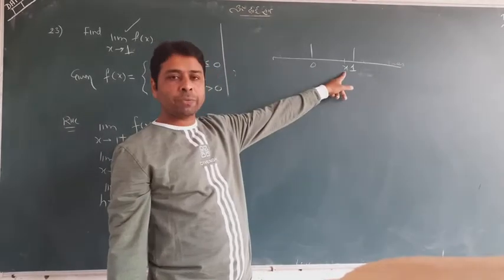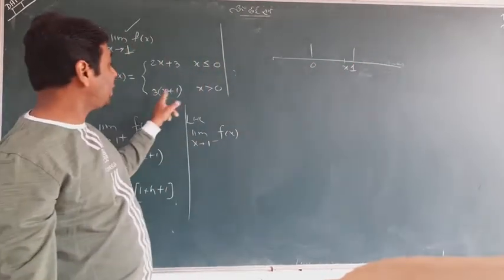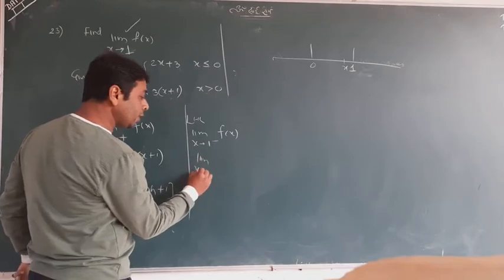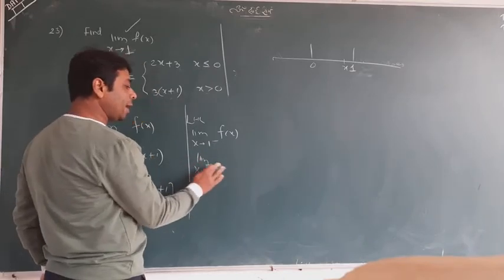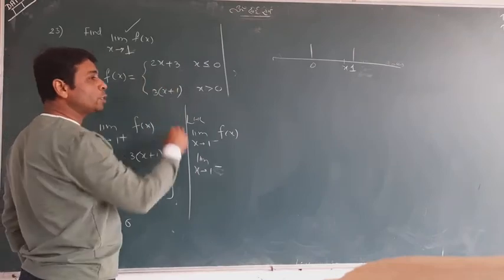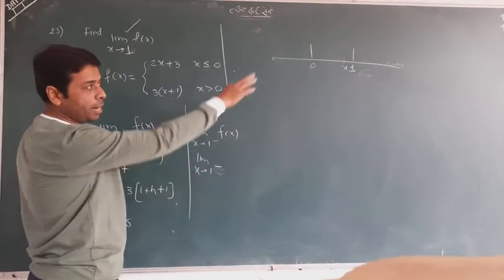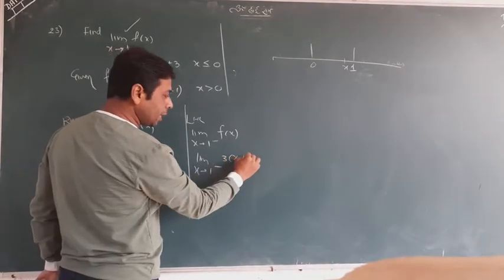Can you see the position of x? It is again greater than 0. Again greater than 0. So again I will take the same function. Don't worry about that it was 3x plus 1. Why didn't I take 2x plus 3? Sorry, but the concept is not the same. This is 1 actually, and I taught you here. In this case, same is coming.